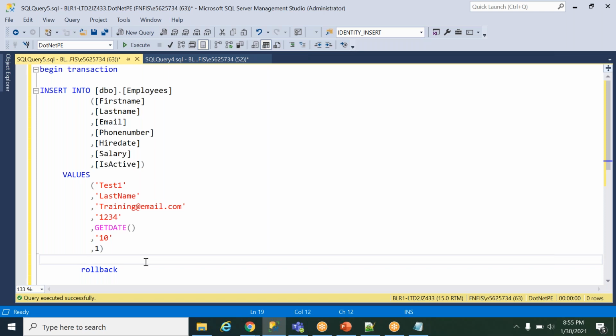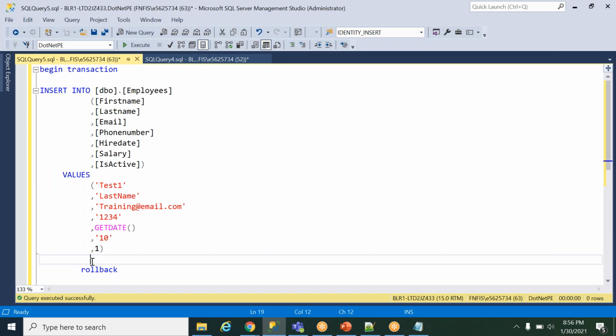And if I'm getting any error in between, say for a rollback, in other cases, for the developers, I'm inserting the data here, but parallelly I'm inserting in a few other tables also. In one of the tables, we may get a primary key and foreign key relationship error, maybe there is no data, or maybe a timeout error, or maybe the database is down at that time. In that case, in the try catch block, in the catch block, we'll roll back, because when we use try catch, if any error occurs, it will definitely come to the catch block. That time we'll use the rollback there. So automatically, whatever data was temporarily saved will be rolled back to that point.